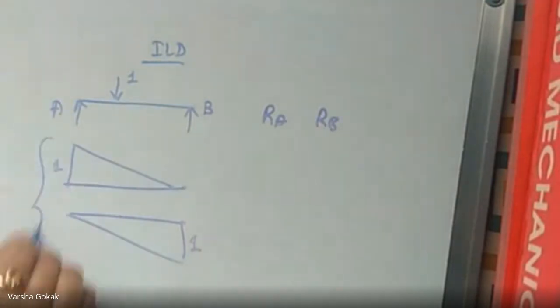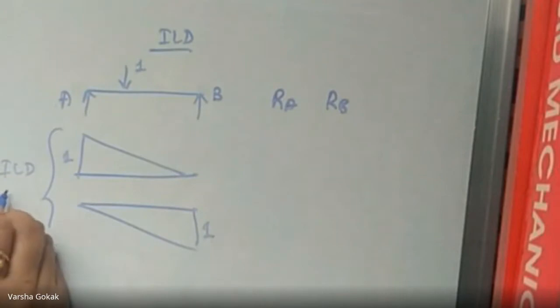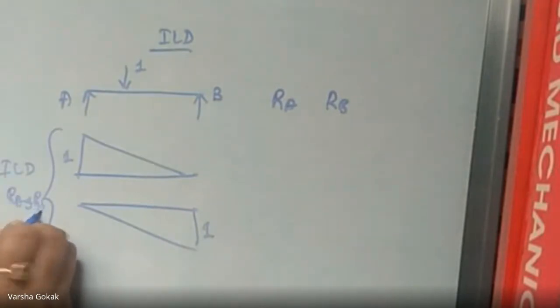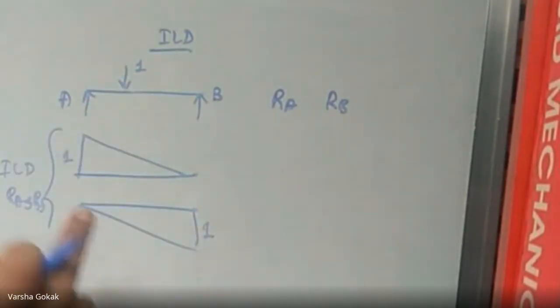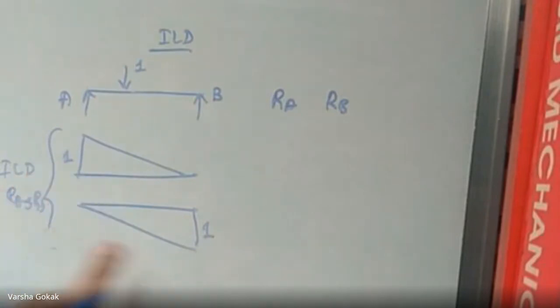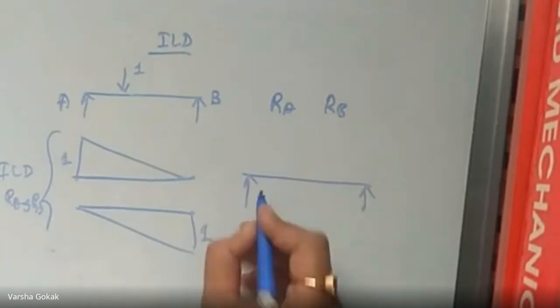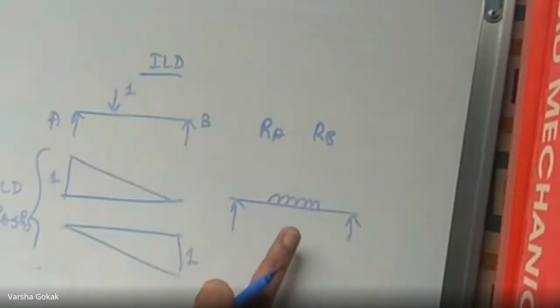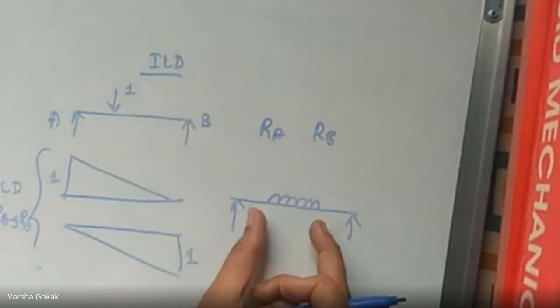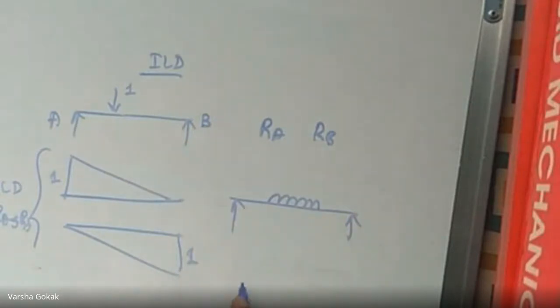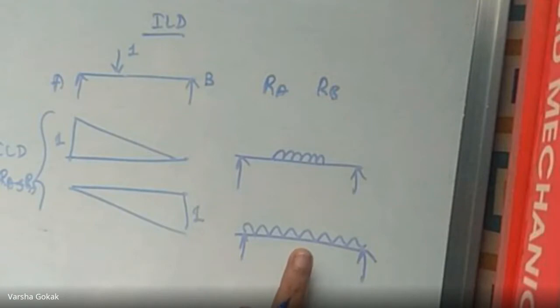These are your standard ILDs. These are your influence line diagrams for RA and RB with unit loads. And then we made use of these same diagrams when we dealt with UDL yesterday. We saw when we have a UDL placed over the beam, either a part of the beam, where the UDL length is less than the length of the beam, or also we took up a numerical yesterday where the entire beam was loaded with the uniformly distributed load.